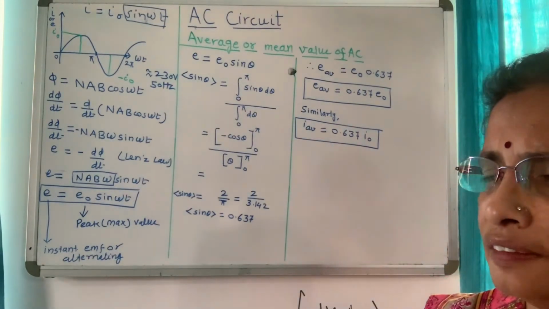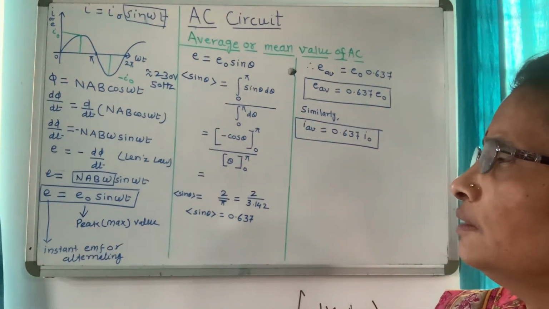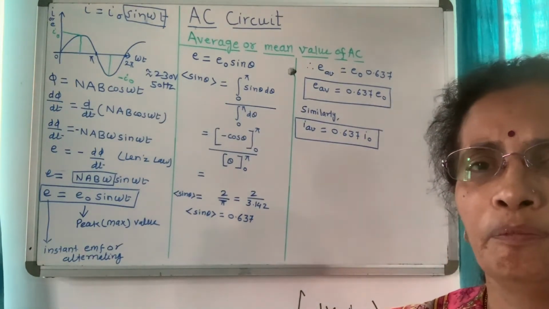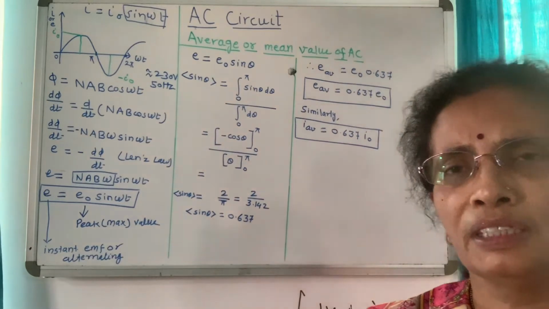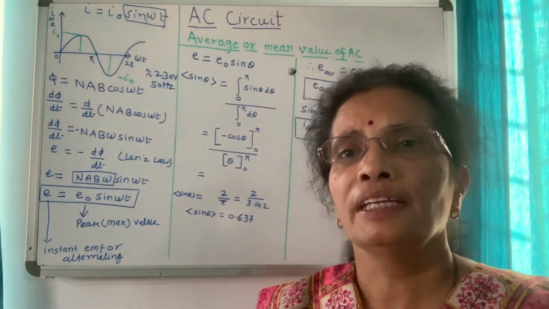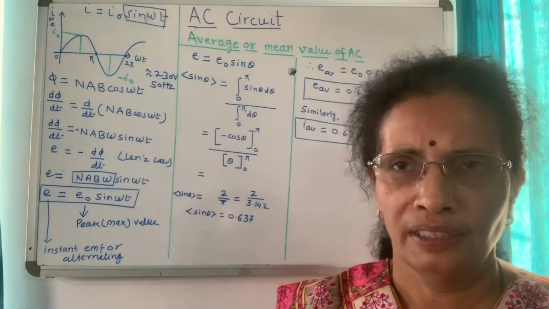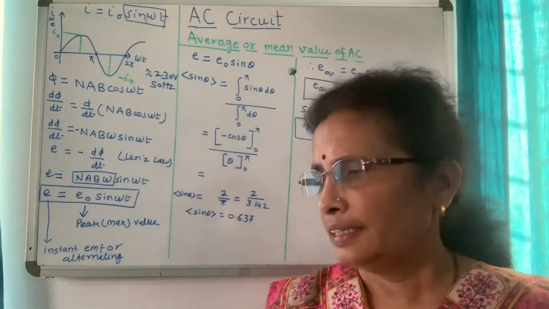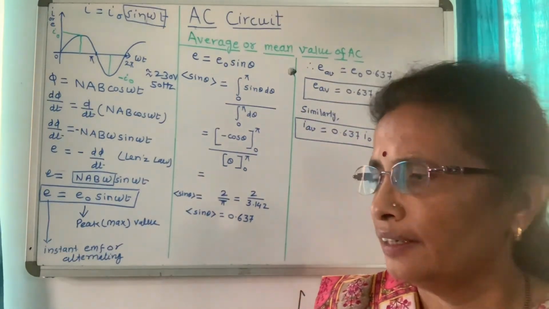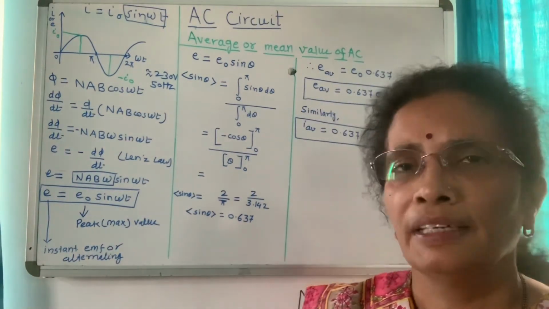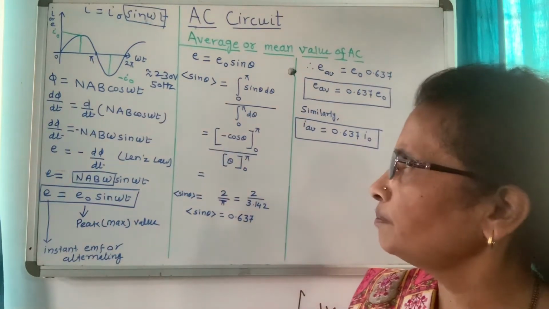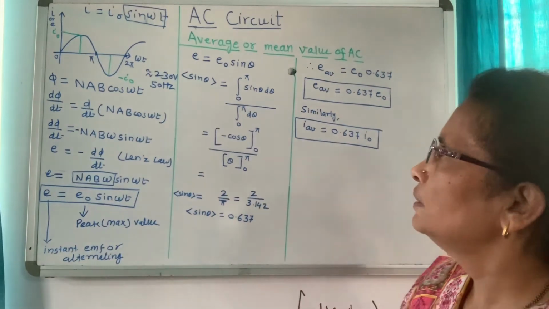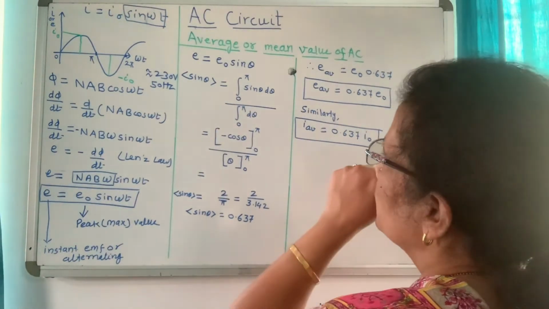Which new words did you hear for the first time? Generation means where the electricity is generated, in the power plant. Why is it called generation? Because huge generators are situated over there. How does AC convert into DC? By means of rectifiers. You will learn some topics based on rectifiers in the next chapters. And the transformer, step up and step down transformer. Okay, so this is the introductory part.